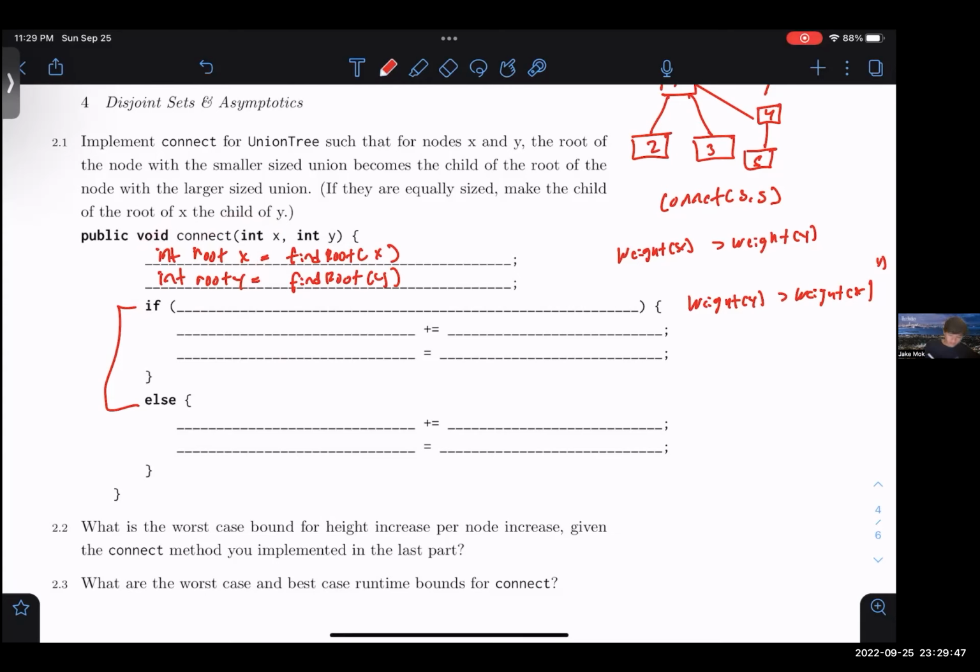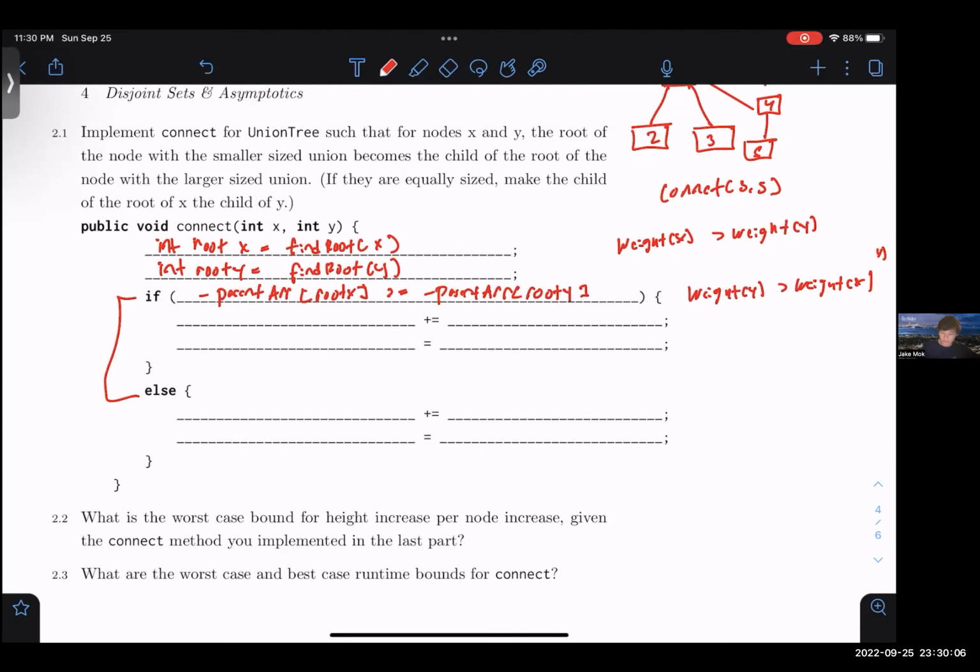So let's say, if we get the weight of x, and if this is greater than or equal to the weight of y, then we do something. And to formalize this more concretely, say the weight is -6 in x, and then